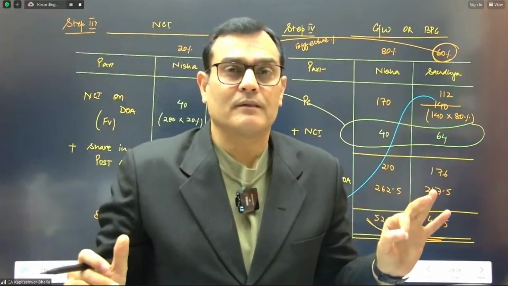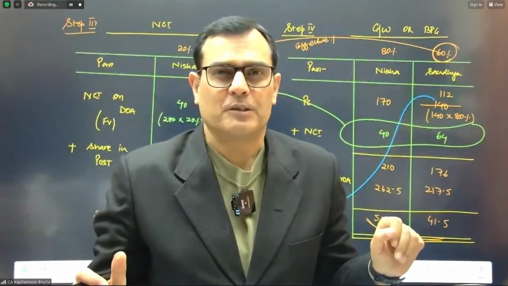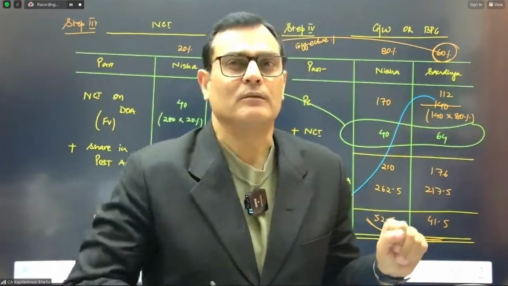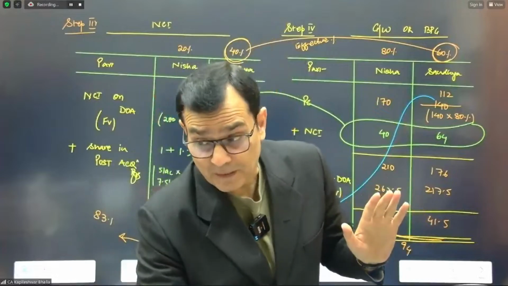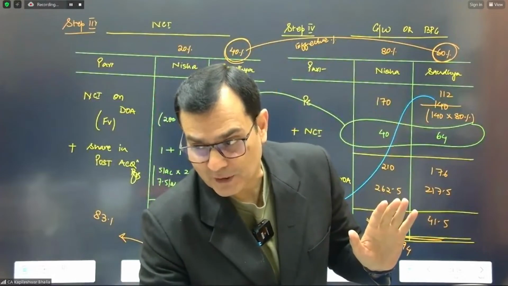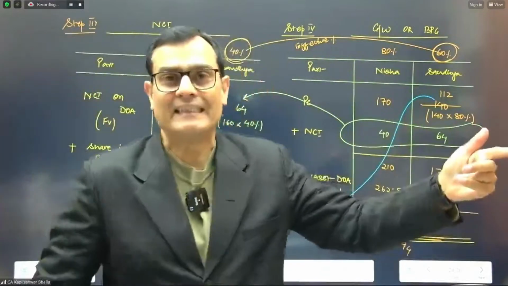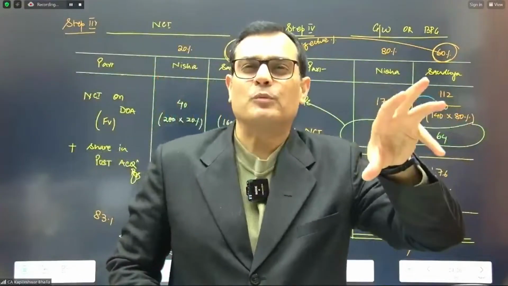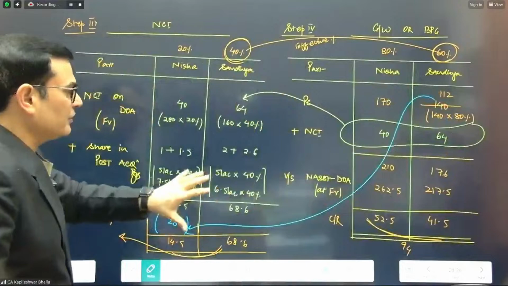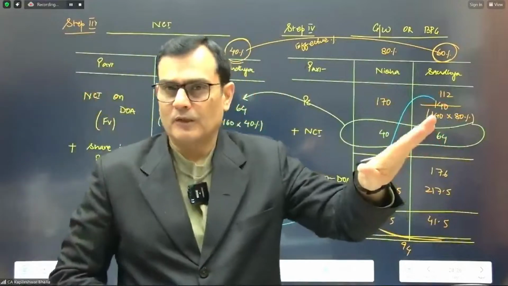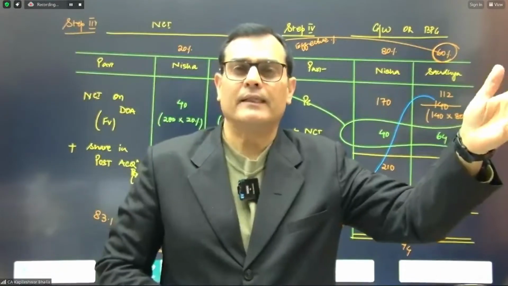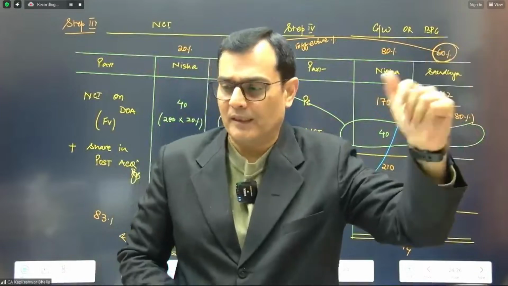I guess you would like me to explain this once more. If yes, do let me know. But I guess you would have got the logic. Trust me, I think you would have got it. Did you get the logic? Do you want me to put this once again and explain why the 20% set off against the NCI is being done? Or is this clear? Then we can go ahead. If you want me to consolidate this once more, I'll do it.